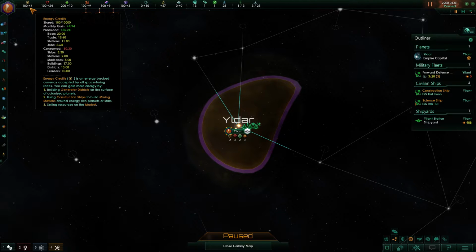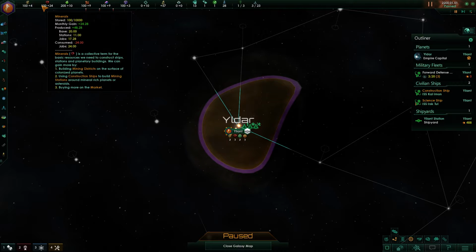Energy credits is an energy-backed currency accepted by all spacefaring races. You can gain more energy by building generator districts on the surface of colonized planets, using construction ships to build mining stations around energy-rich planets or stars, or selling resources on the market, which we'll get into later in this part. Minerals. Minerals is a collective term for the basic resources we need to construct ships, stations, and planetary buildings. We can gain more by...